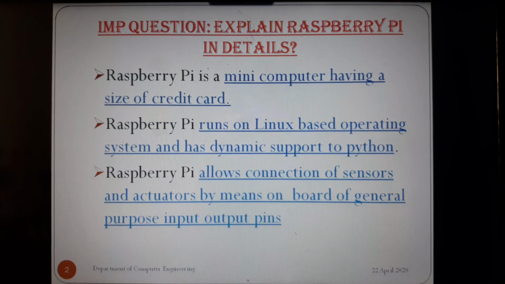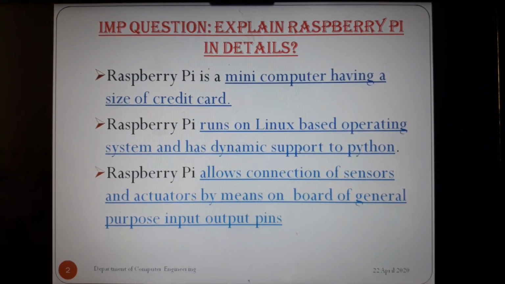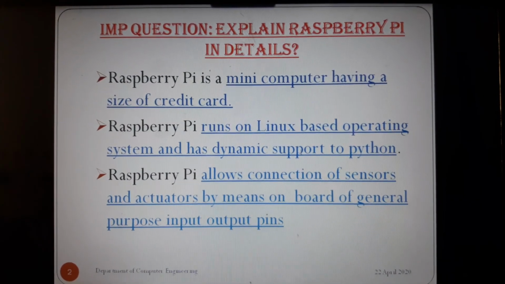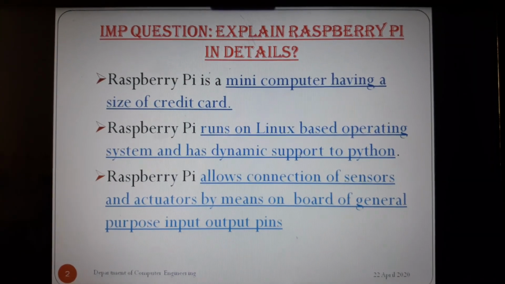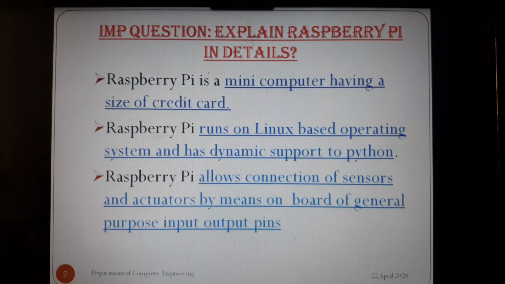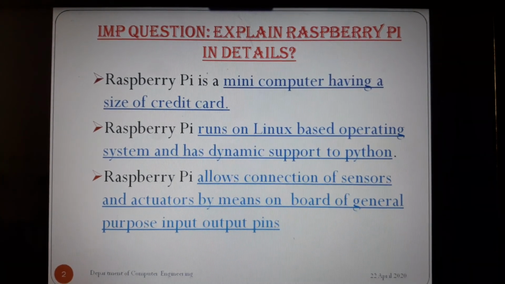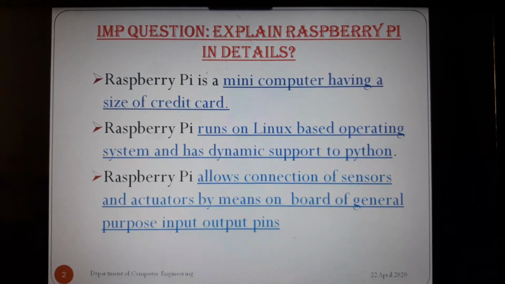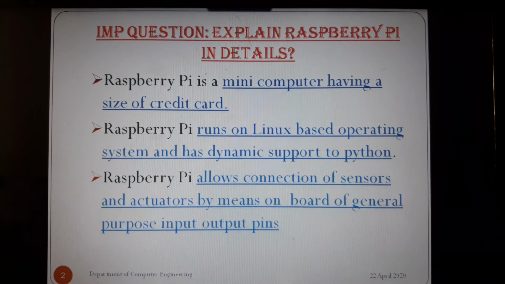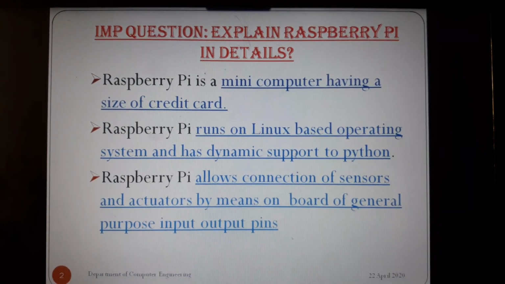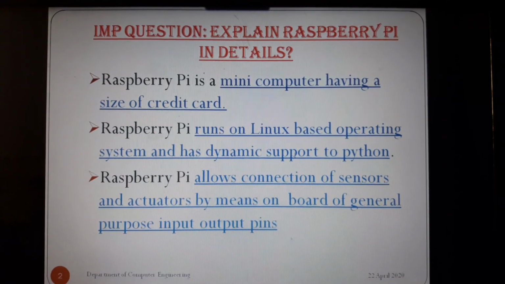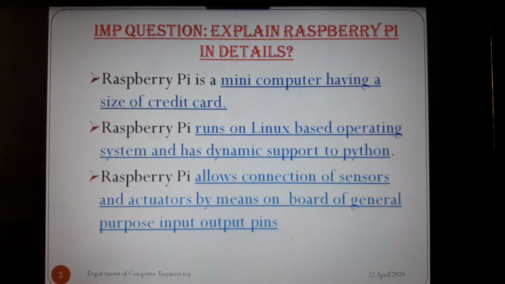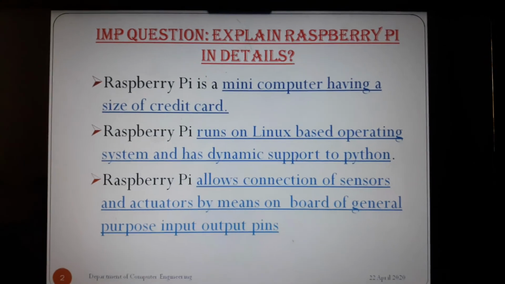So things means devices which are connected to the cloud. So things can be everything which has a unique identity, that is an IP address, so that it will be connected to the internet. So it is called the Internet of Things. Raspberry Pi plays a very important role in connecting the IoT devices.